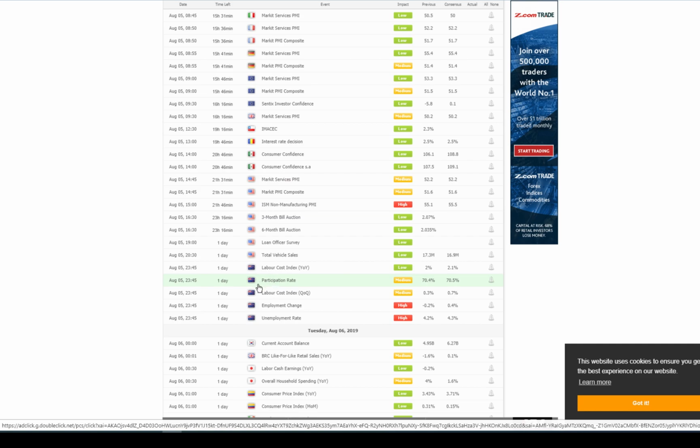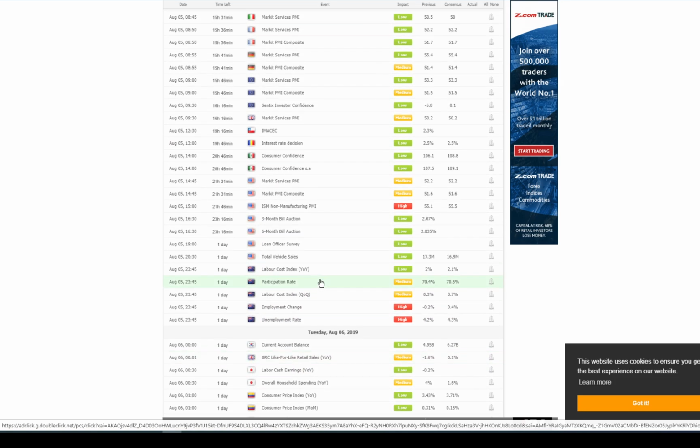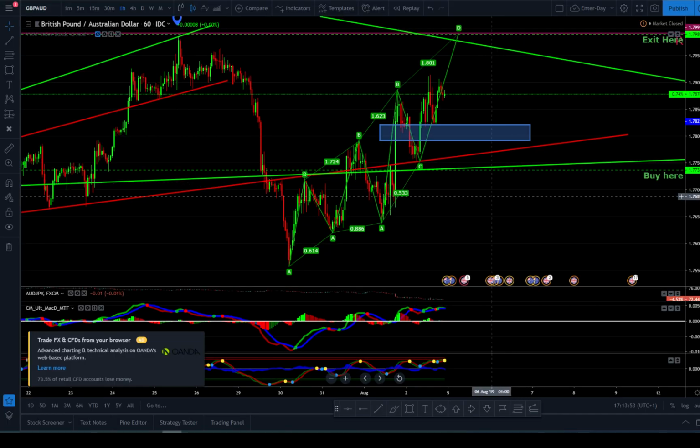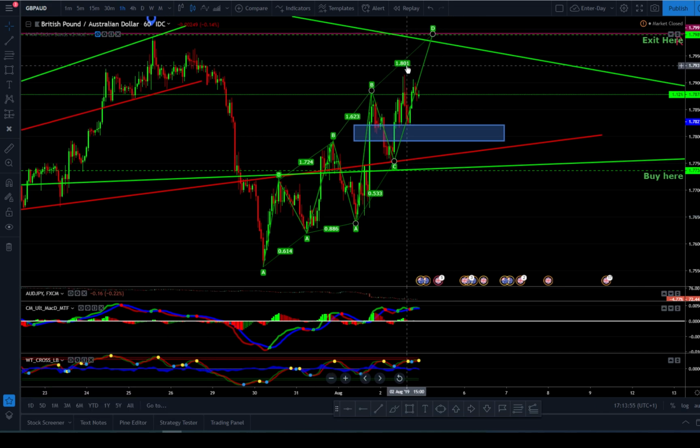If New Zealand is weak, Aussie will be strong. If New Zealand is strong, Aussie will be weak, and so on and so forth. So they're going to play between these two together. Could affect the rest of the pairs, but there's nothing exciting about the pound, up to maybe Brexit, some news. We will see. So as you can see, I'm looking for 188,